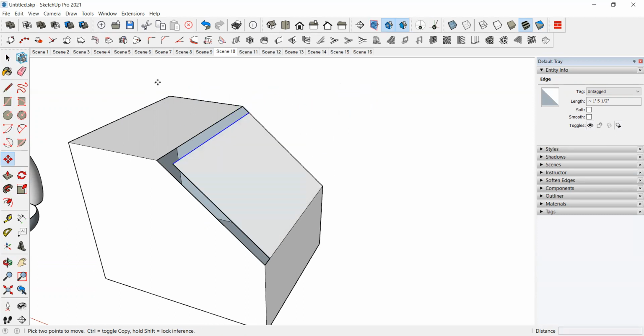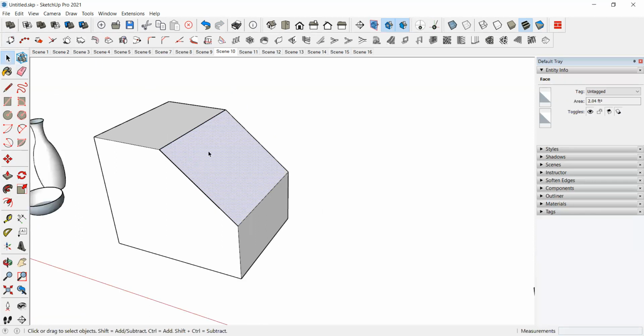So to avoid that, you just pick a vertex, you will just easily move that particular vertex. You can easily match to that. Okay, just you'll move that vertex. Like this we can attach the particular face. So in this way we'll use this tool.